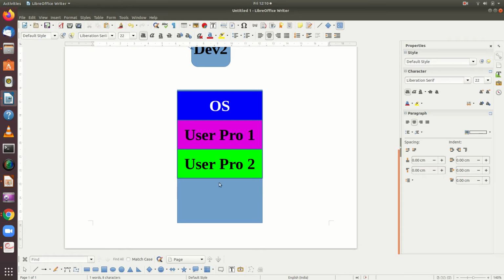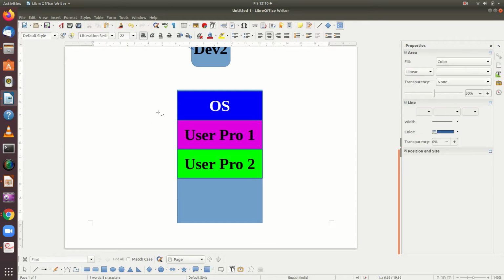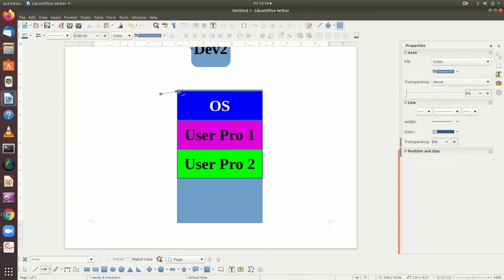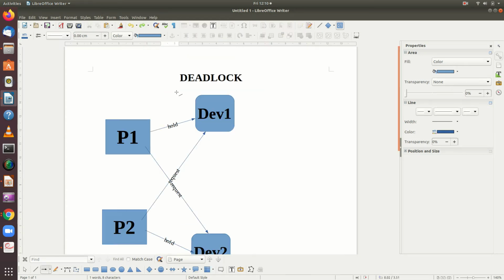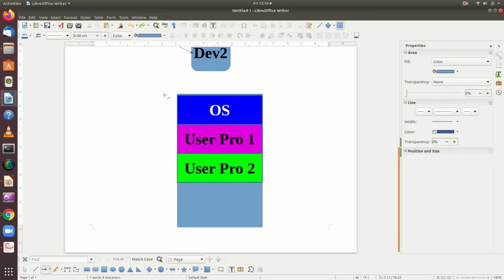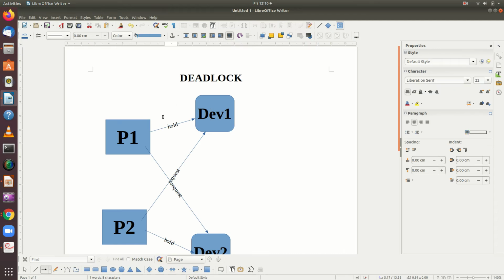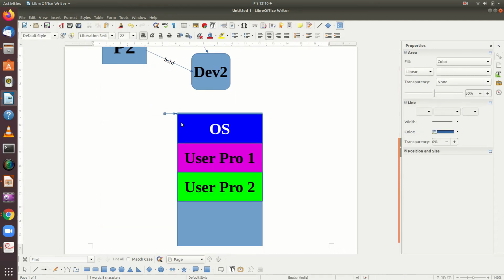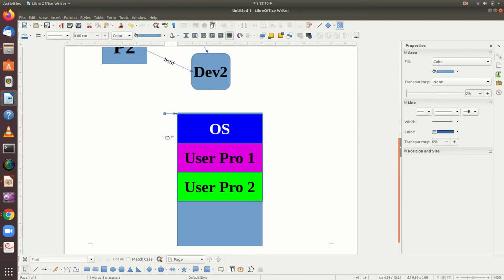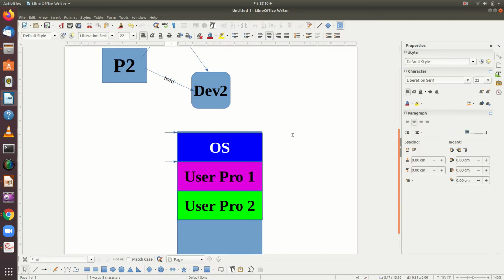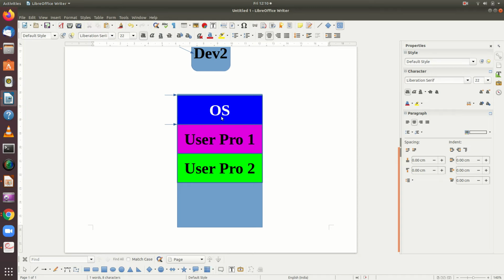So what the memory manager has to do, it has to understand that right from this address to this address, it is the space allocated for the operating system.